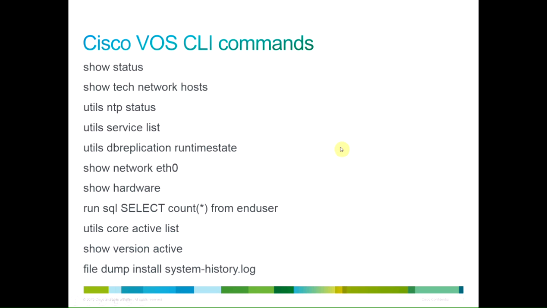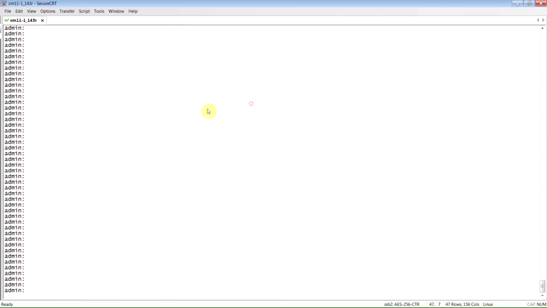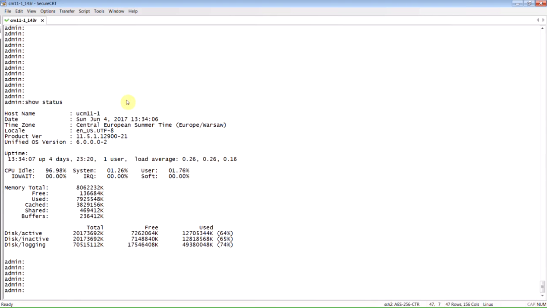So what I offer and what I use is a list of maybe 10, maybe a bit more commands. And I just wanted to execute them and comment on what I pay attention to in the output. So the first command would be show status. In the show status,